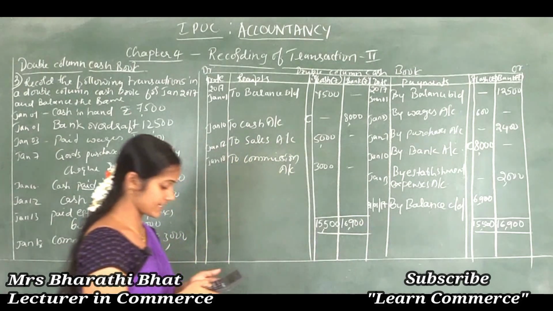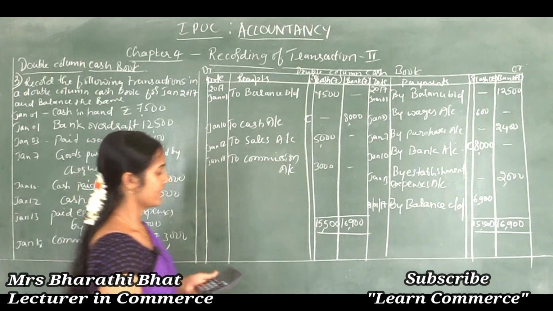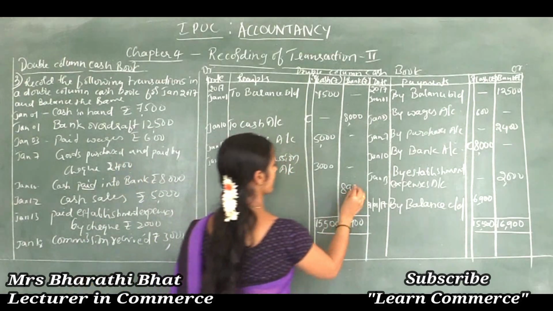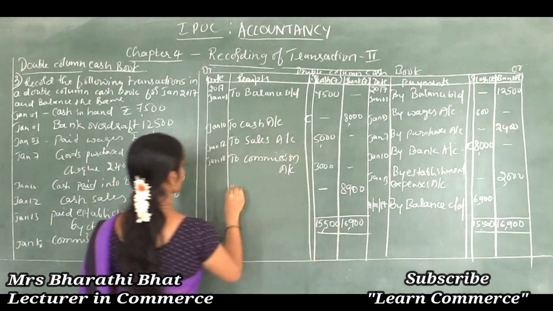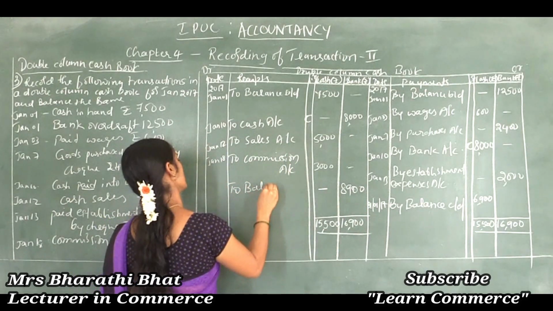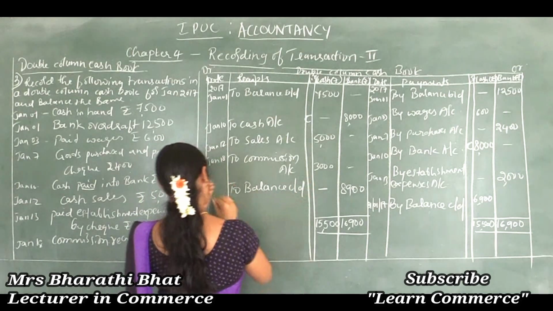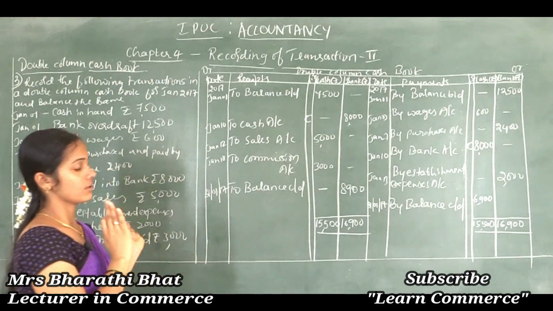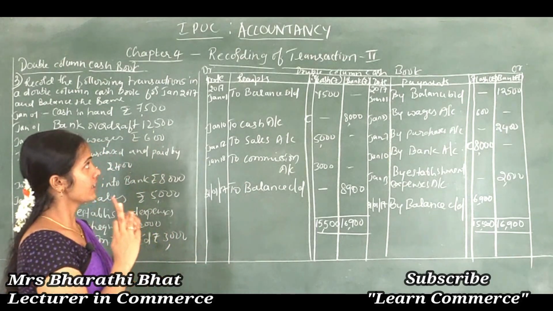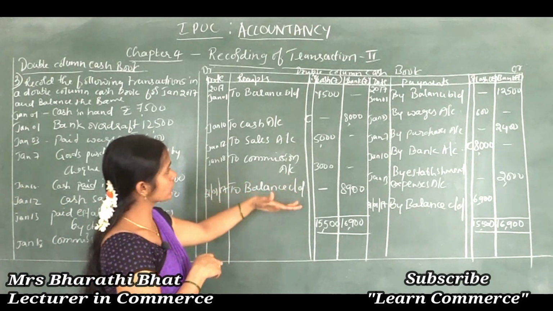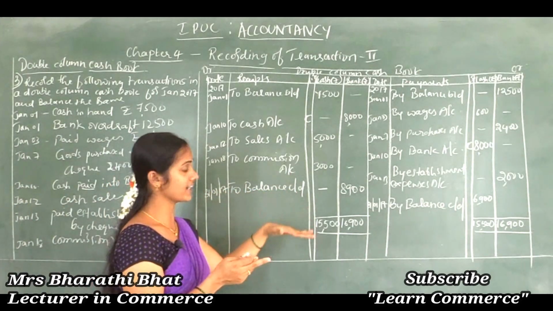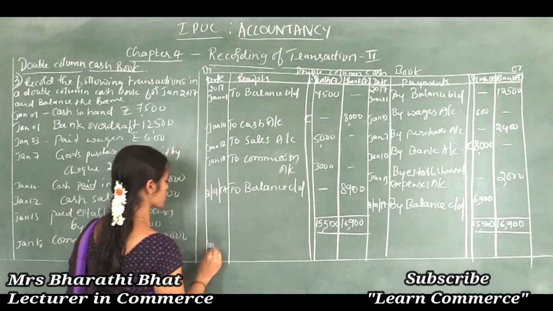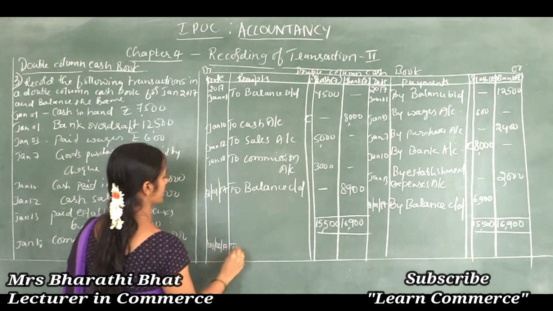16,900 minus 8,000. 8,900. Okay, 8,900. So this side comes closing balance, to balance carried down 31st January 17. We need to bring down on both sides because our cash receipt is more than cash payment, but bank receipt is less than bank payment. Okay. So now first of next month, to balance